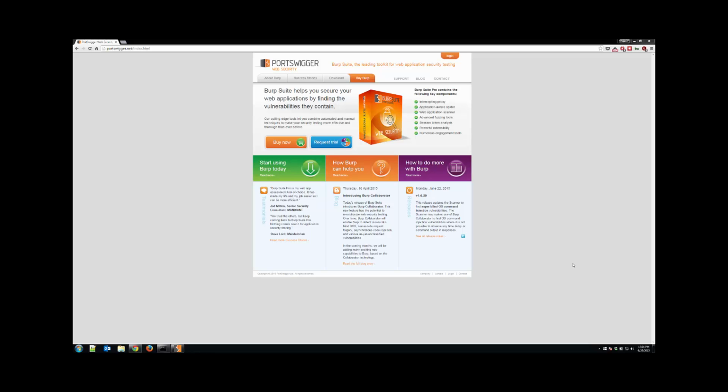The CTO, I believe, or the CEO of Burp Suite or Portswigger Web Security is the same author that writes the Web Application Hackers Handbook, which is considered to be the de facto training manual for web application hacking. And so it makes sense that Burp is one of the de facto tools for web application assessment because it has all these workflows built into it. So if you haven't seen that before, I would recommend going and getting that book from Amazon, the Web Application